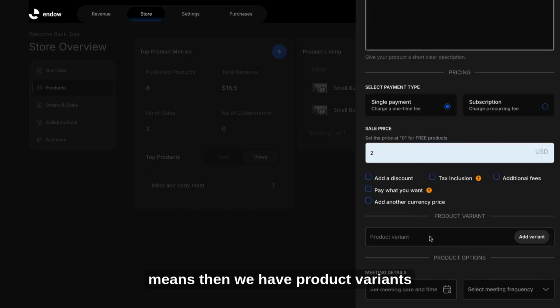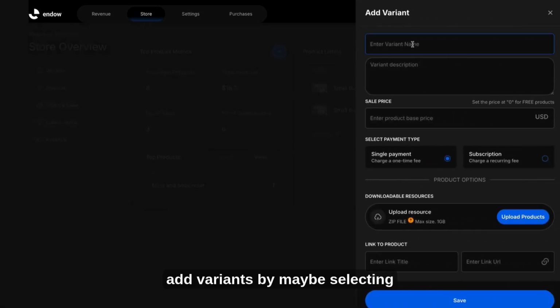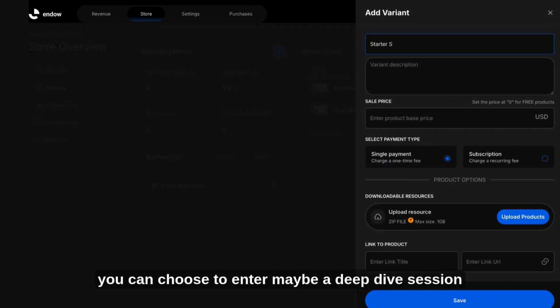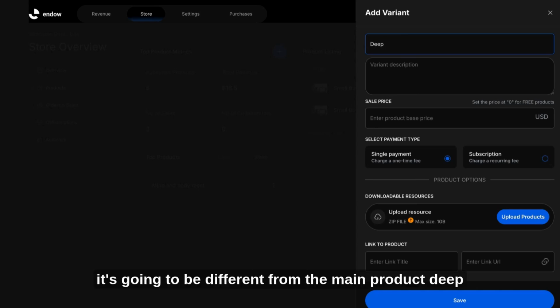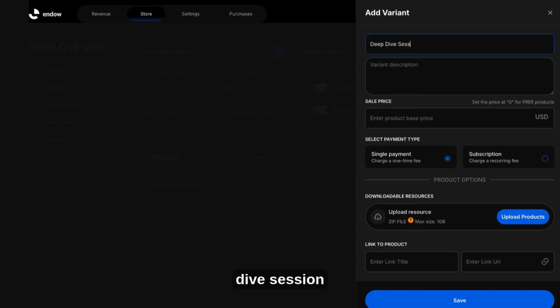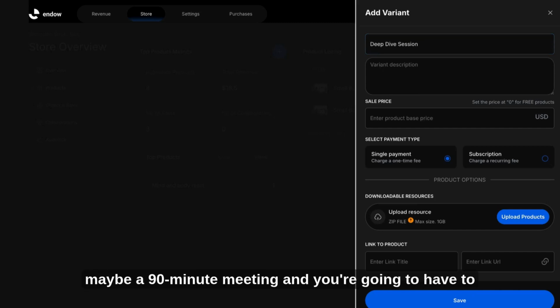Then we have product variants. Under product variant, you can choose to add a variant by selecting a variant type. Then you can choose to enter maybe a deep dive session to show more details about it, so it's going to be different from the main product. Deep dive session. Then you enter the description to tell them, oh, this is maybe a 90 minutes meeting